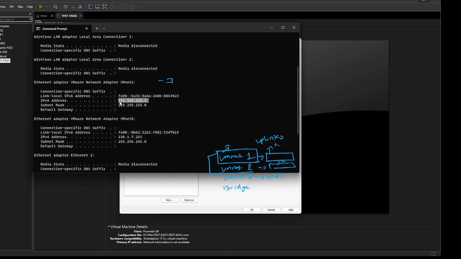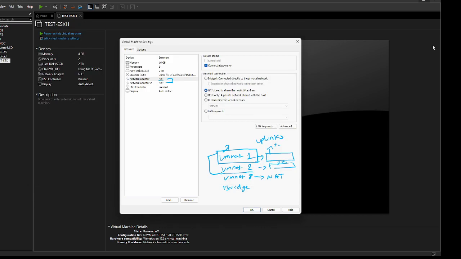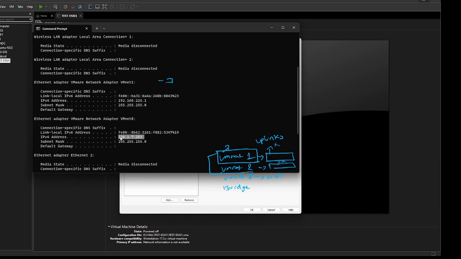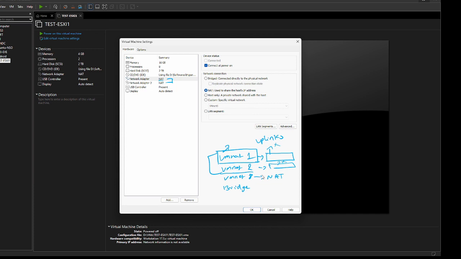So the workstation software is making sure that when the software is installed and whenever you're deploying a virtual machine, by default it is deploying two different adapters for you, 1 and 8. It is also making sure that machines, whenever they are connected to those adapters, are able to communicate with your laptop. How? Let's see that now. I said that I'm connecting to VMnet 8, right? So it should get an IP address from the 150.1.7 network. Okay, we will see that.